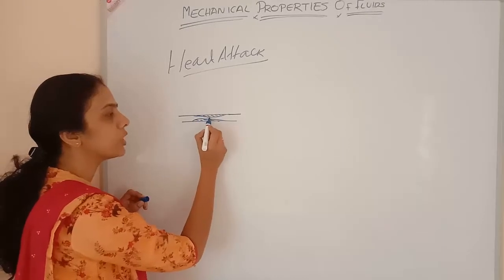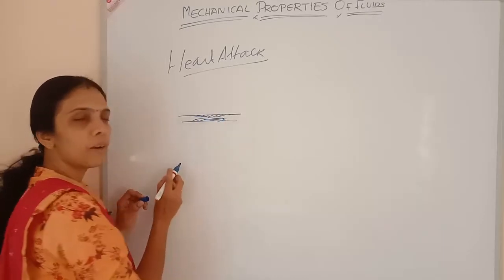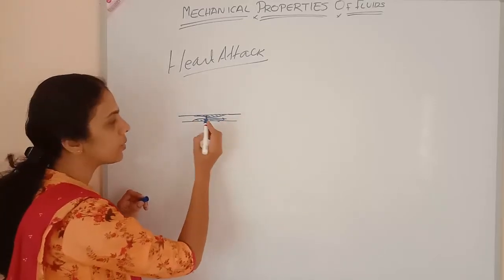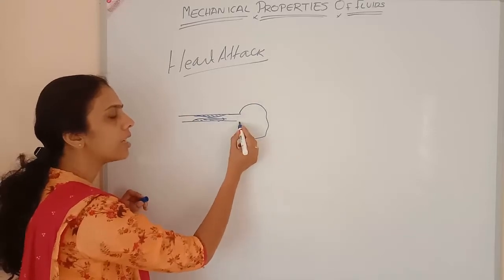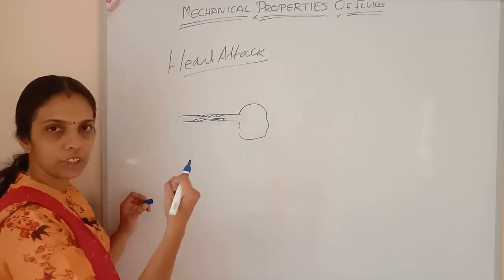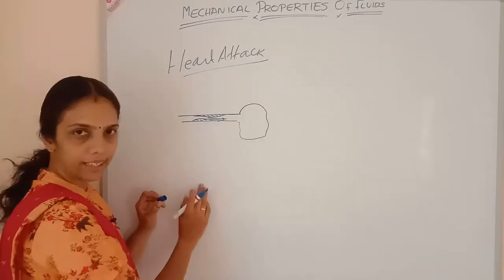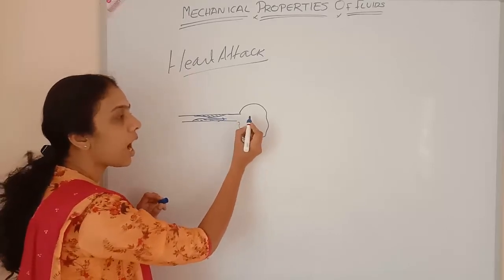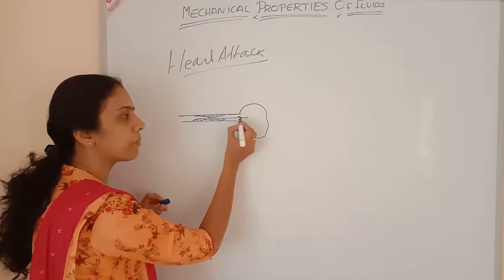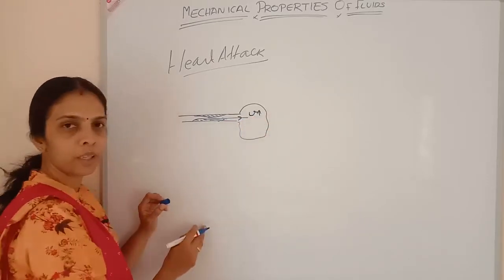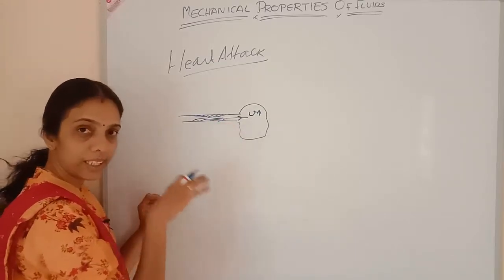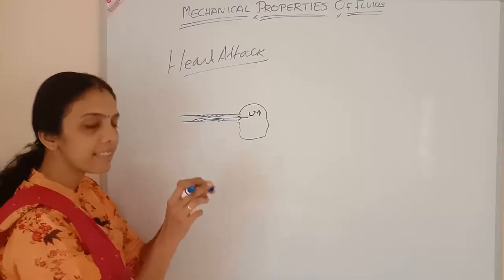When it is accumulating over here, what will happen? Blood can't flow easily to the heart. So the heart should supply more pressure to suck the blood. That means it will be coming with a high velocity, because the plaques are more, the flow is not proper and there is very little flow over there, and because the size is less,